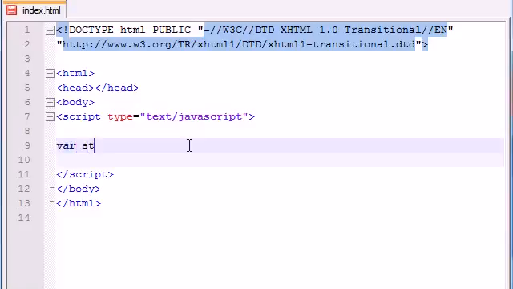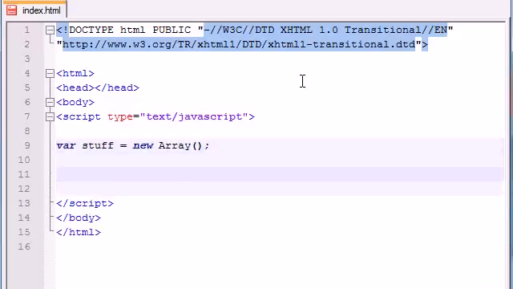Go ahead and make a variable and name it like stuff or something like that. I don't know, name your array anything you want. And then, of course, you type new Array, but since we don't know how many items are going to be placed in this array or even what the items are, just go ahead and add empty parentheses just like that. What this does is saying, all right, I'm going to create an array and I'm going to call it stuff, but I'm just going to add elements as you tell me to add them. I'm not going to set aside 4 spaces, and I'm not going to add anything to it by default. I'm pretty much just creating an array right now,